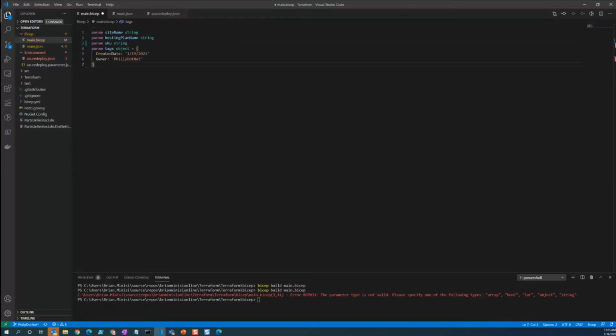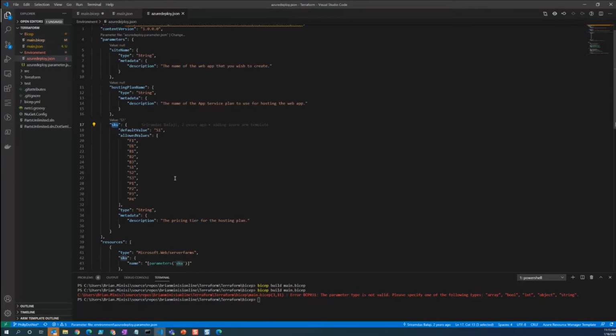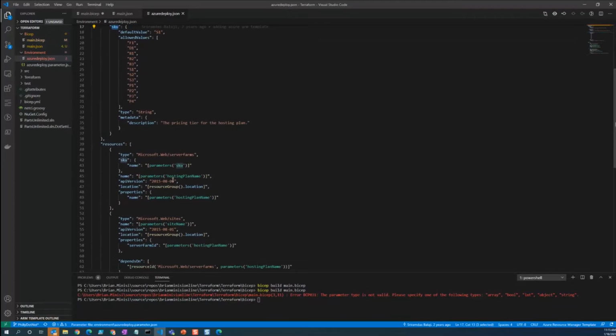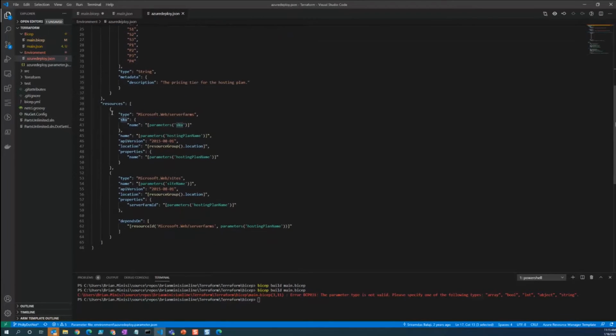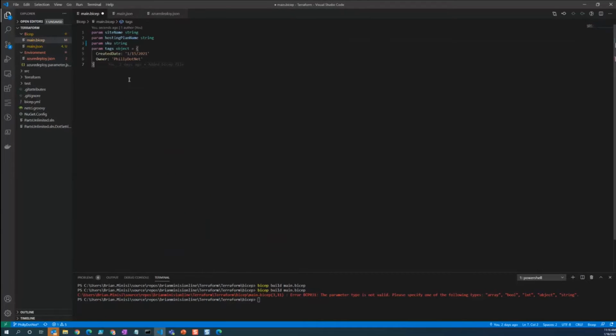All right, so the next thing we want to do here is create our resources. So down here we have the app service plan and we have the app service. So when we go to create this, the syntax that we want to use is resource. We want to name this.